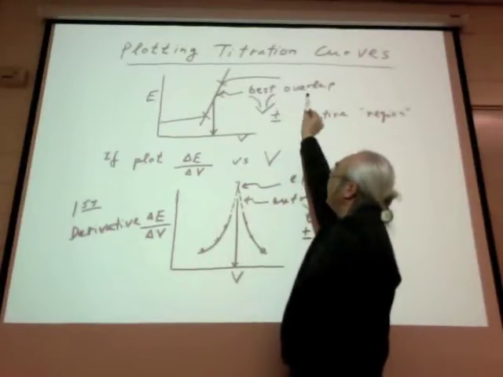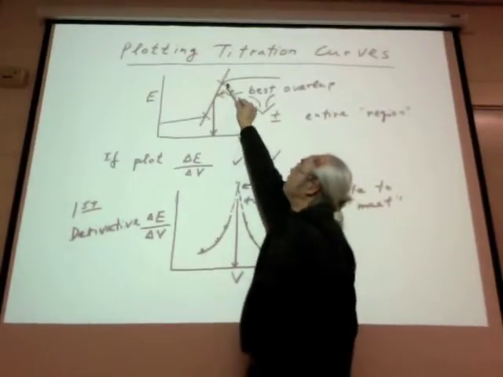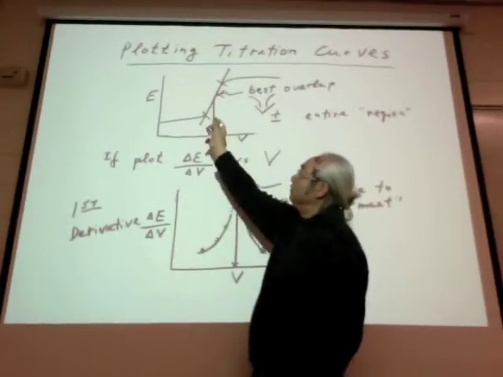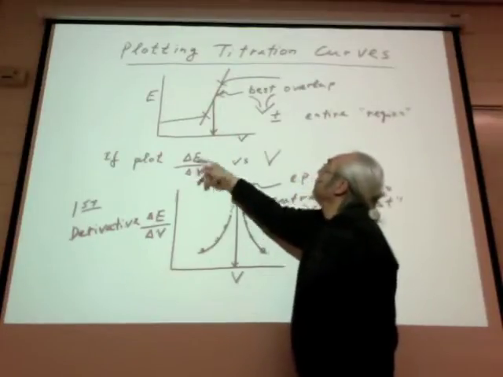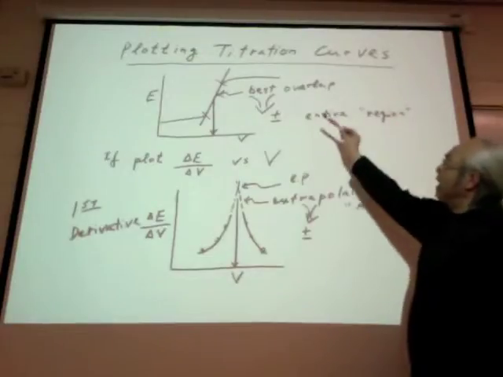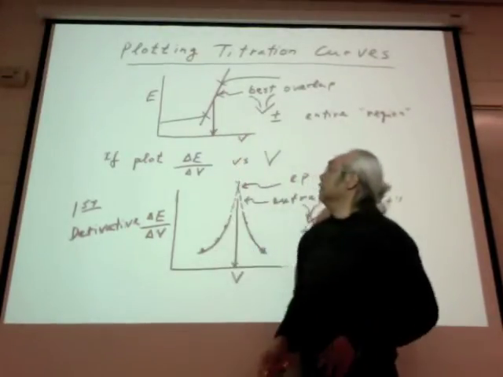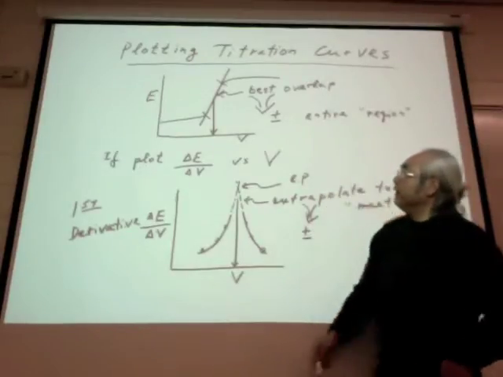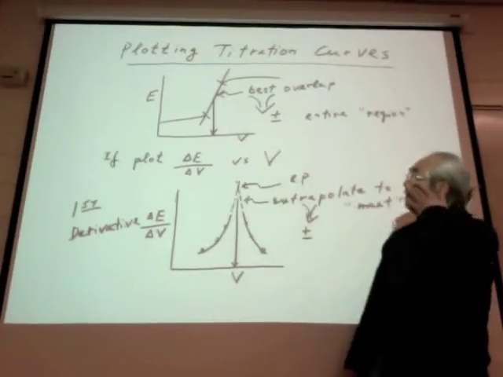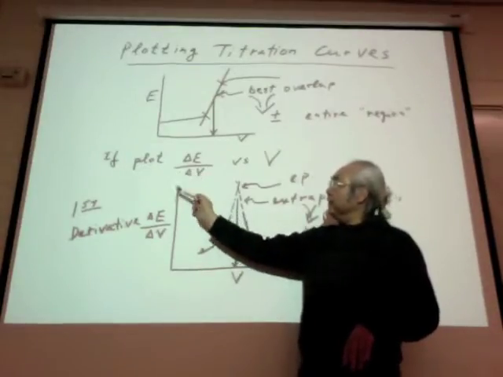So the best overlap is going to give you uncertainty, right? Because there's a distance right here. So you move your ruler, and there will be an uncertainty over this entire region. So it's rather long. Now if you plot the so-called first derivative, which is delta E over delta